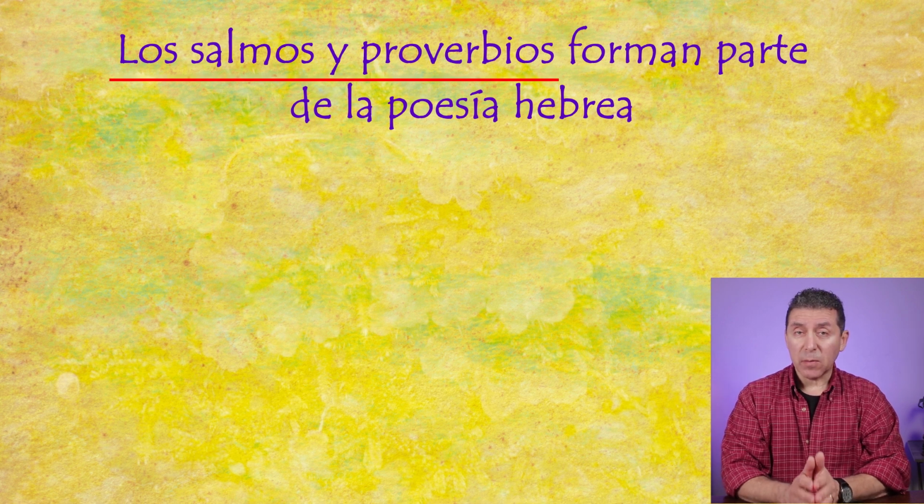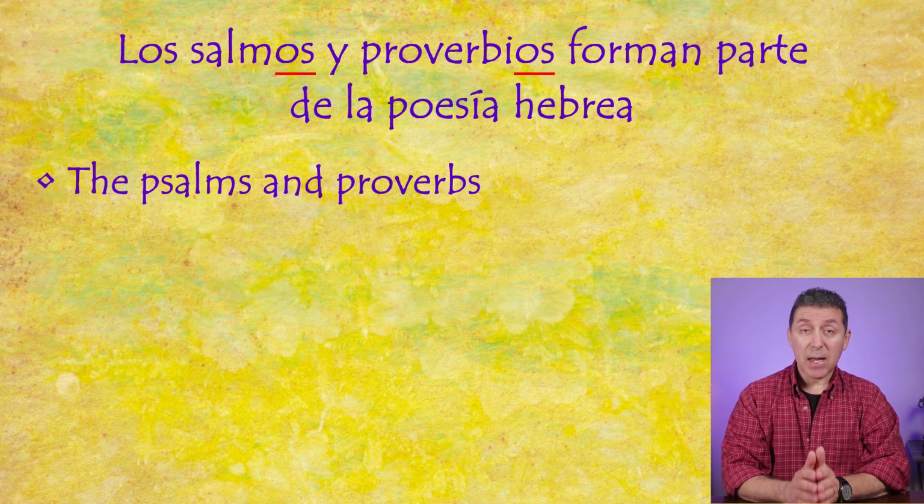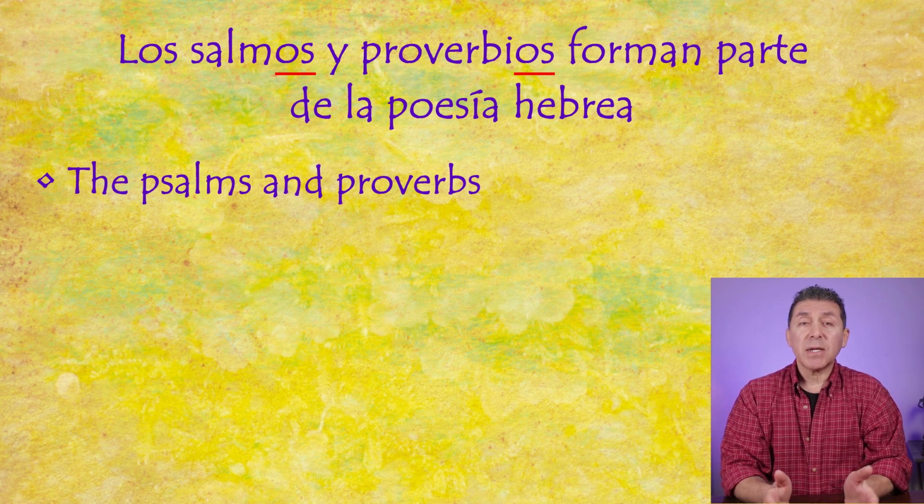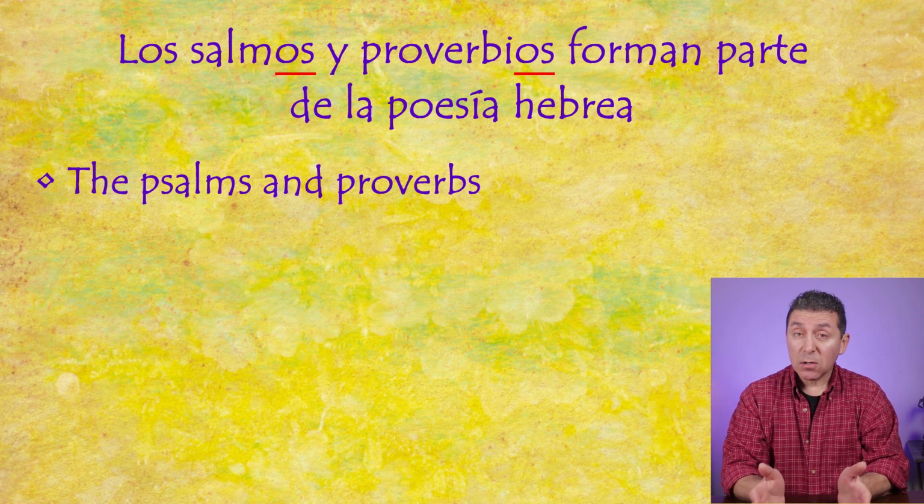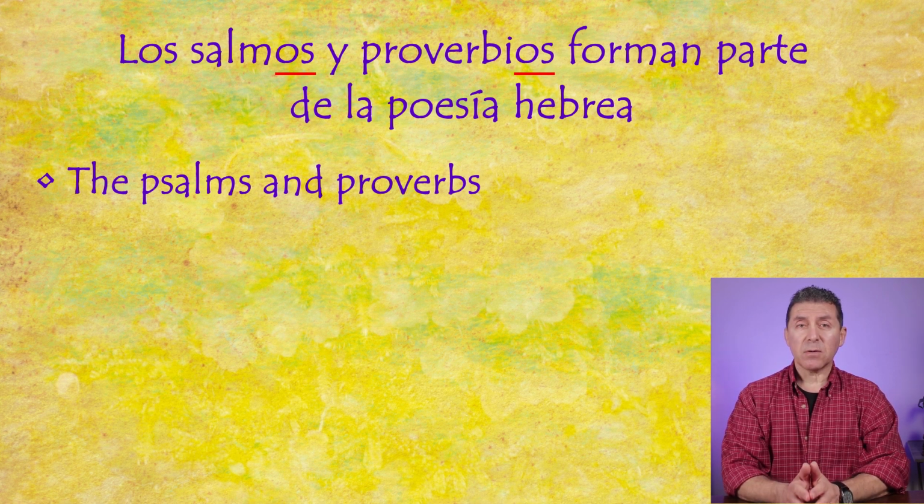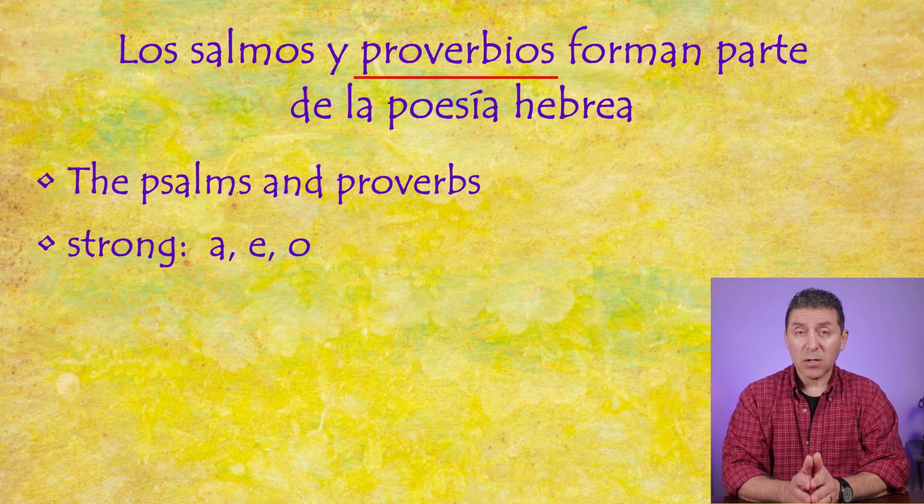Los salmos y proverbios means the Psalms and Proverbs. As in our previous examples, we see that salmos and proverbios are both masculine plural nouns because they have the ending os. Now, since this is the case, the definite article has to follow the same pattern, so we have los. Now, before we look at the word proverbios, remember that Spanish has strong vowels, A, E, and O, and